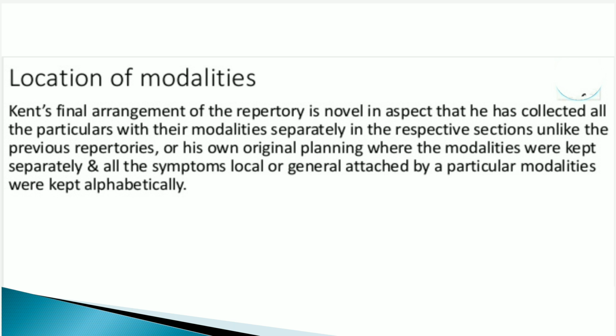It is also very useful as well as very helpful, and we found a very systematic arrangement of the rubrics in Kent's repertory. So it is called a novel in aspect that he has collected all the particulars with their modalities separately